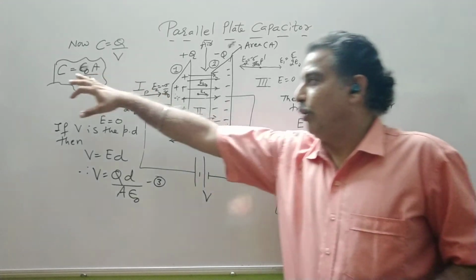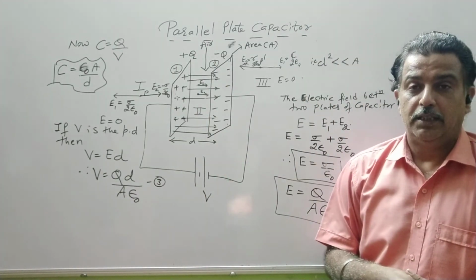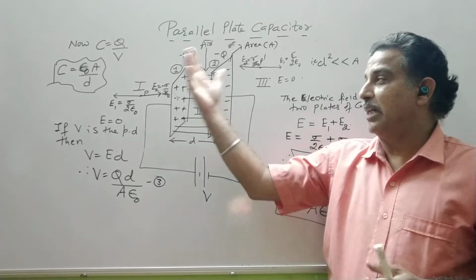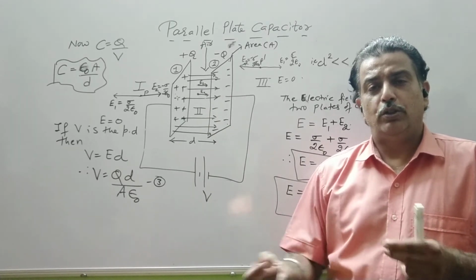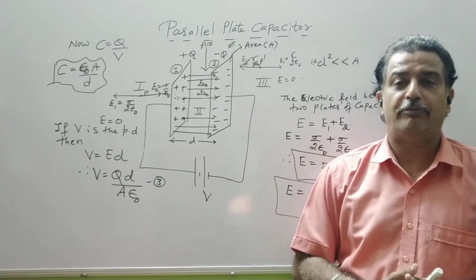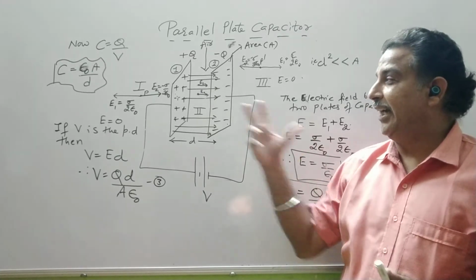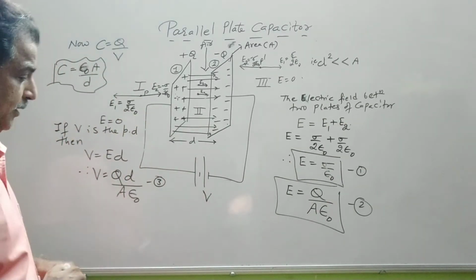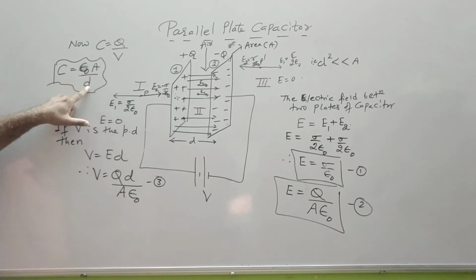So from this formula also I can say that if I introduce a dielectric medium, because the permittivity of a dielectric medium is K times that of epsilon naught, the capacitance will become K times. And we will also take the help of the phenomenon of polarization to prove that the capacitance will increase when the dielectric medium is introduced between the two plates of the capacitor. So C depends on dimension, shape and size, distance, and the permittivity of the free space.